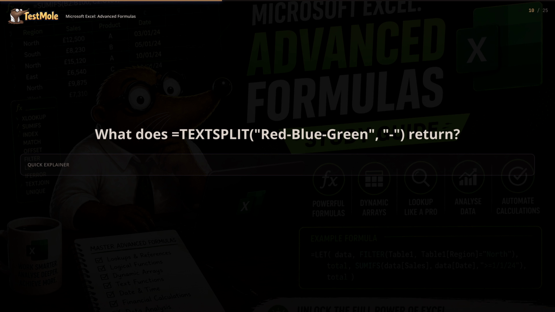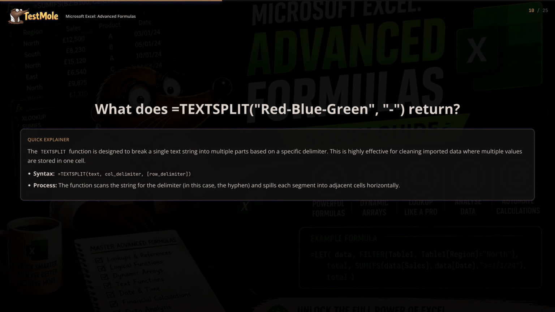What does =TEXTSPLIT("red-blue-green","-") return? The TEXTSPLIT function is designed to break a single text string into multiple parts based on a specific delimiter. This is highly effective for cleaning imported data where multiple values are stored in one cell. Syntax: =TEXTSPLIT(text, delimiter, row delimiter). Process: the function